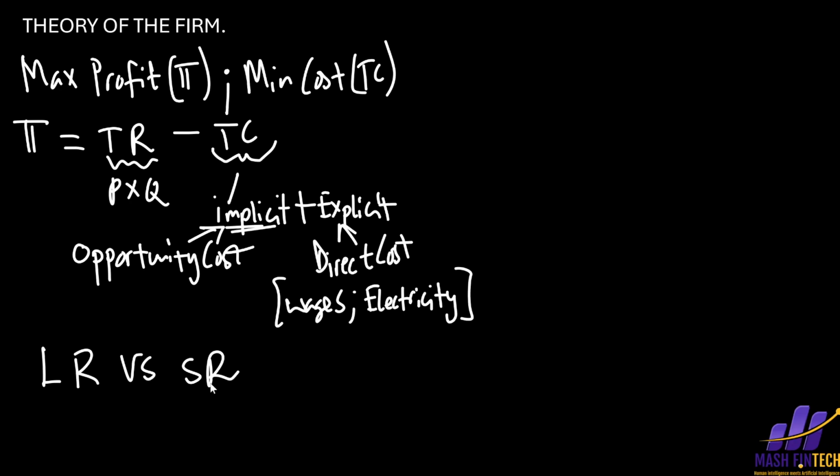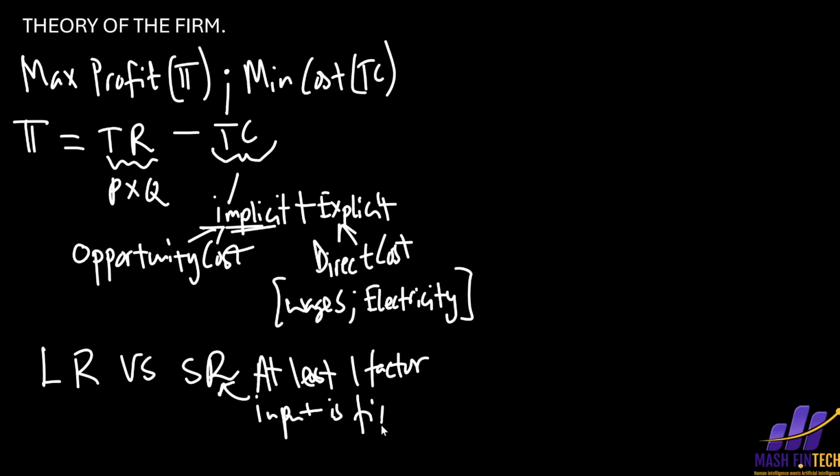Basically, in the short run, we are looking at a period in which a firm can incur fixed costs. So the short run is a period in which at least one factor input